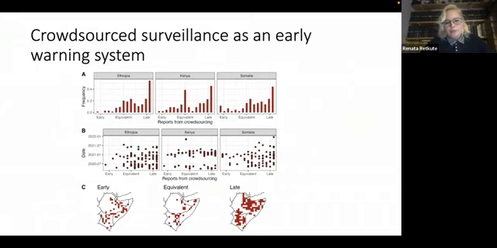To have some idea if that worked as an early warning system, we came up with this analysis where we divided into 100 by 100 kilometer grid cells, and we looked at the times where there would be reports from different platforms, but within 7 days. And then again, there are no reports for at least 30 days. And we looked at the difference between reporting in crowdsourcing and reporting in other platforms. And we found that on average, actually crowdsourcing was later than other